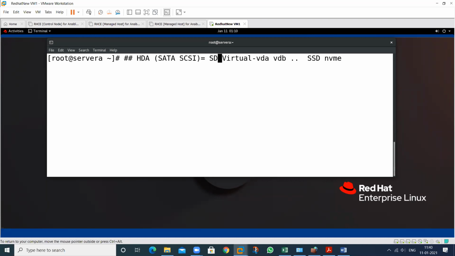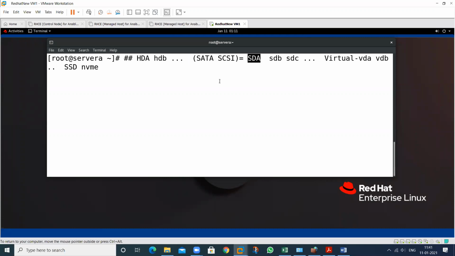That is called SDA. If you have the first hard disk, it's called SDA. If you have a second hard disk, it's called SDB. And if you have another one, SDC, and so on. But if you have the old functionality, that is called hard disk HDA. If you have another hard disk, HDB. And same for SDC. But at this time, which particular hard disk do we have? This one only.